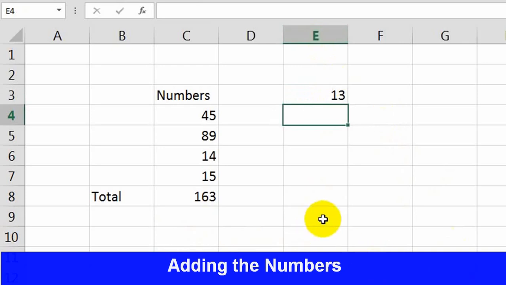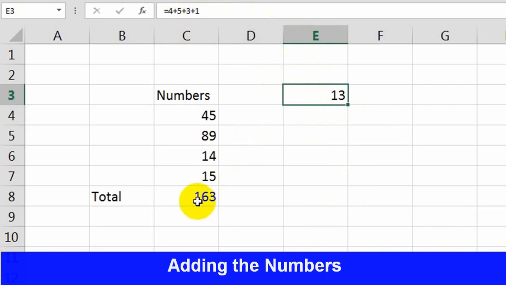When you click on this calculated area or using formula cell, you can get formula on the cell formula bar. See, how did this 13 come? It is 4 plus 5 plus 3 plus 1. You can get the formula in the formula bar. Similarly, how did you get this 163?